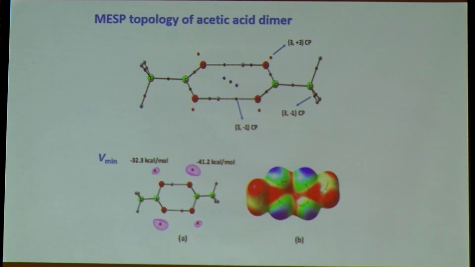So if you look at the acetic acid dimer, the OHO hydrogen bond is there. There is a 3 minus 1 bond critical point for this, even for the weak hydrogen bonds. Whether it is strong or weak, you will derive a bond critical point for that. 3 minus 1 is a bond critical point. Along with the critical point, you can also add an isosurface. That kind of visualization is very common in whatever we published.